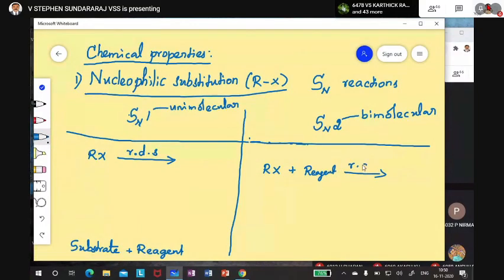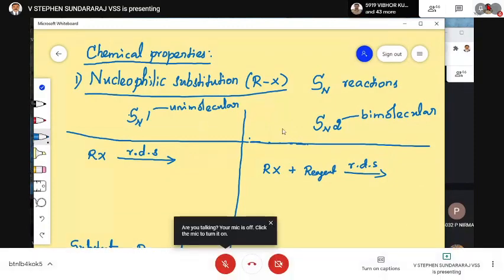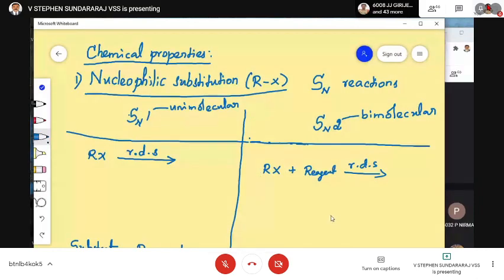I'm going to explain the mechanism later on. You should know the difference between SN1 and SN2 and the stereochemical aspect. Very important is stereochemical. That only the stereochemistry later, because in both the cases the stereochemistry is different. But let us complete the reaction pattern. At last, I will come to the stereochemical aspect of this reaction. With this, I will also complete the next other two reactions. This is the main reaction completed.